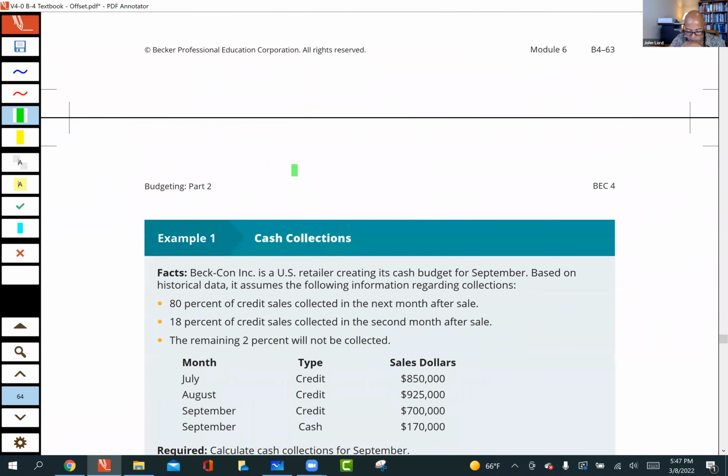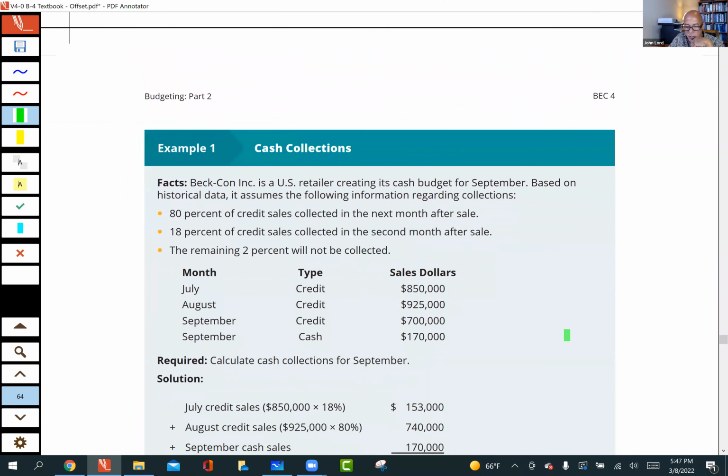Let's go ahead and take a look at the next page and see how you would calculate the cash collections. Again, it becomes a reading comprehension thing, guys. You start to take a look at this, and they say that they are a U.S. retailer creating its cash budget based on historical data. Assume the following information: 80% of the sales will be collected in the month after the sale. So if I have a credit sale in January, I'm going to collect 80% of that in February,